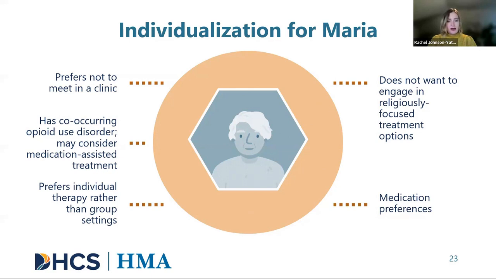And so let's think about how our volunteer supporter might be able to help ensure that Maria's preferences are respected in her care plan. A volunteer supporter might be able to help Maria voice her preferences on medication to the treatment team and encourage an open communication with the prescriber. The volunteer supporter could also ensure that the treatment reflects her preferences for individual therapy in informal settings,